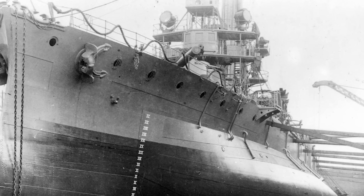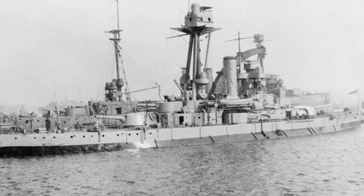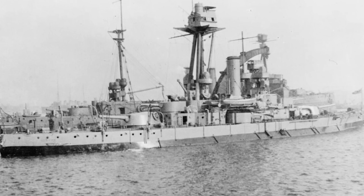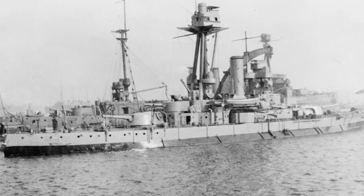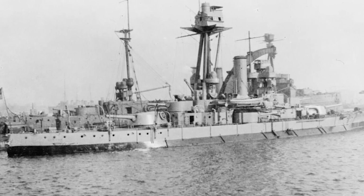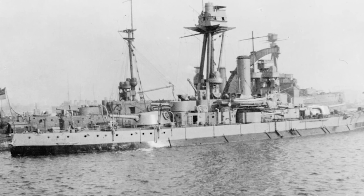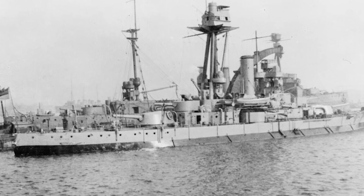The result of all these changes was the fact that these coastal defense battleships were now monitors, each with two very powerful 9.2-inch guns and a secondary battery that was nothing to sneeze at. These two ships could be a useful reinforcement to the monitor force that was operating off the Belgian coast, attacking German positions. The modifications did, of course, take time to complete, and it was not until August 31st, 1918, that